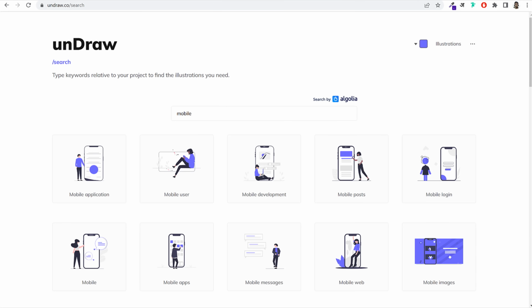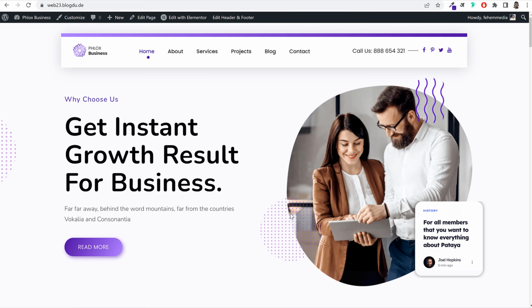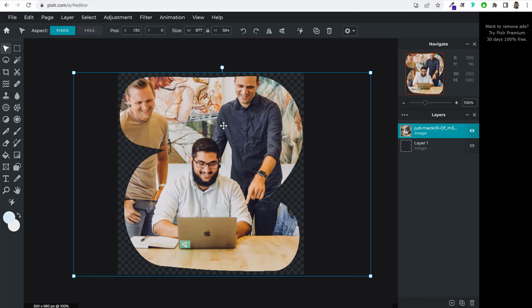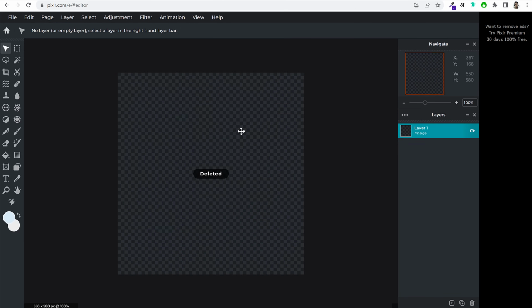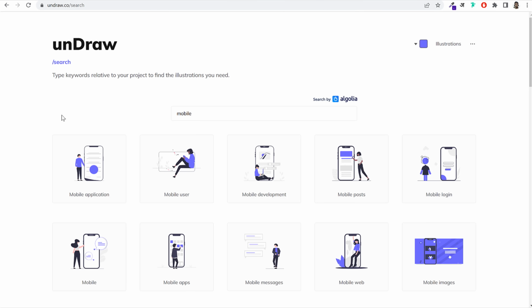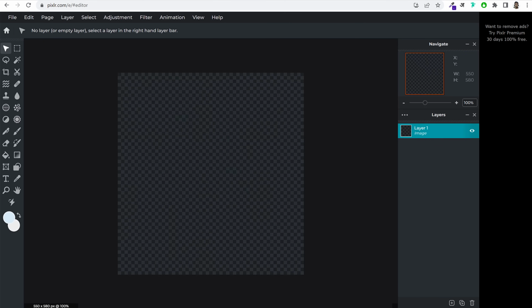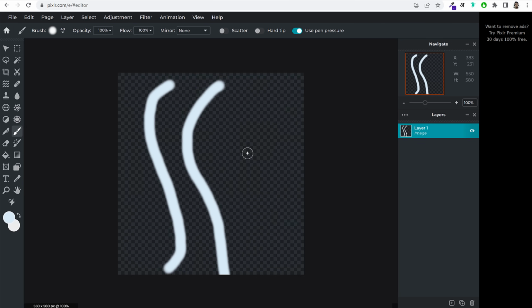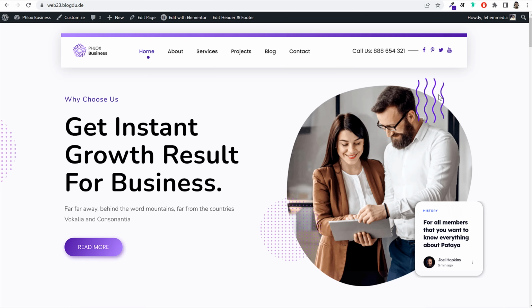And if you want to create your own patterns, like we have here, you can go to pixlr.com. You can create your pattern over here as well, whatever pattern you want. For example, here as you can see this line pattern, you can select this option, come over here, select the draw icon, and create your own patterns like this. Obviously, this is very bad, but you can use some advanced tools to create any pattern like this, or you can download free patterns as well, like this dotted pattern. For that, you will go to this website,